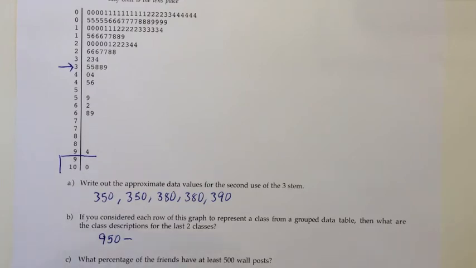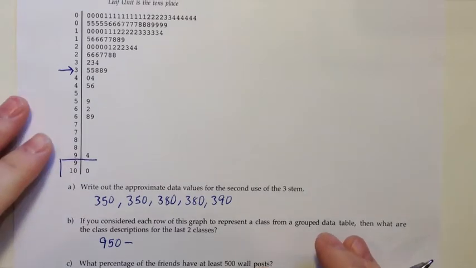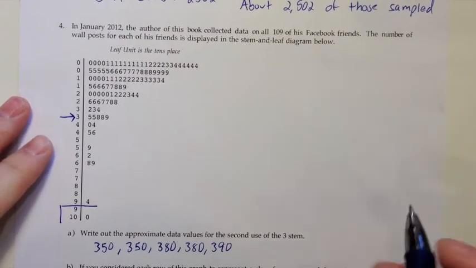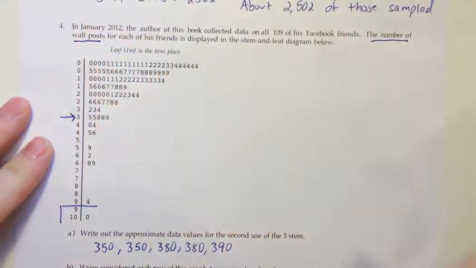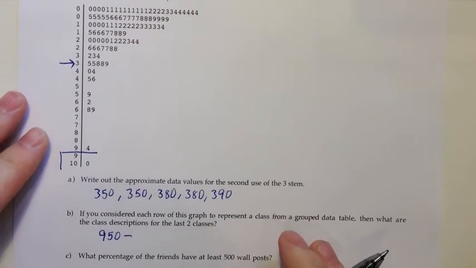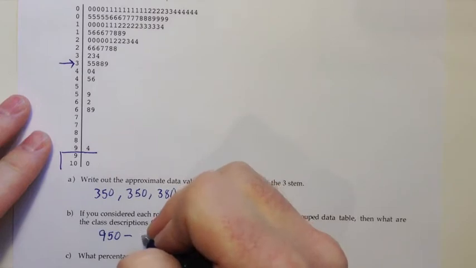It would really depend on whether this was a discrete or a continuous data set. So I'm going to go up there and have a look at that. It says that what we're looking at is the number of wall posts, and the number of wall posts you have can't be a fraction or a decimal, it has to be a whole number. So I would say this is a discrete data set, and so the through symbol is appropriate, and I would